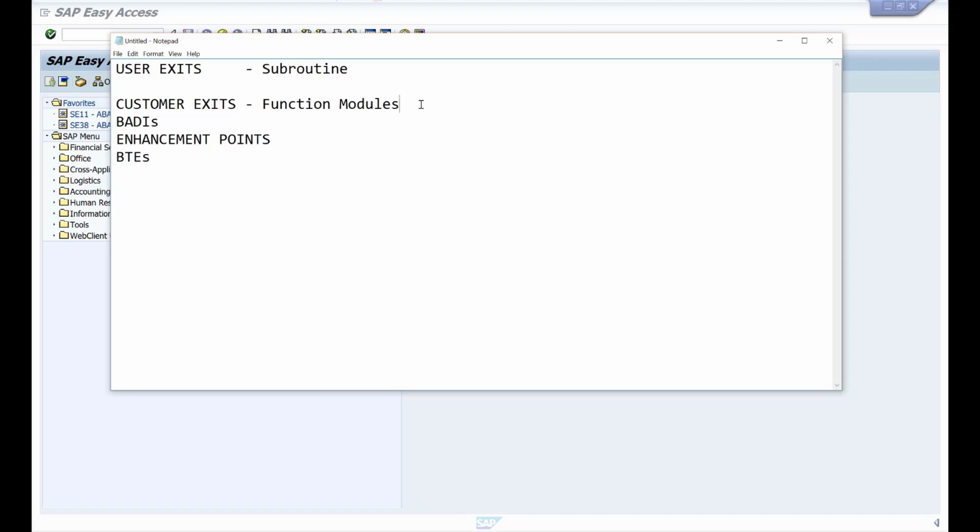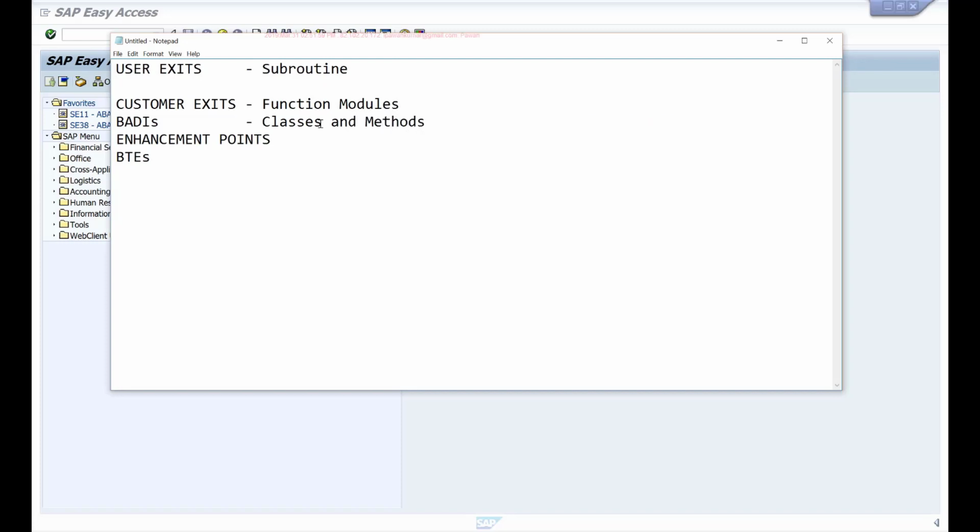Once you implement this customer exit, then that code will be executed irrespective of who is running that transaction in your organization. So it is more global. There is no way for you to restrict your customization to a particular plant or a particular sales org or anything like that. So it was only possible to have one implementation, and it was global. So there is no way you can filter it to a particular plant or any particular scenario. Then SAP introduced BAdIs, which are more class-based implementations. So they are more like classes and methods.